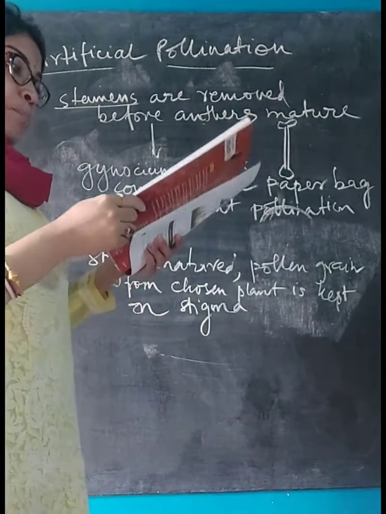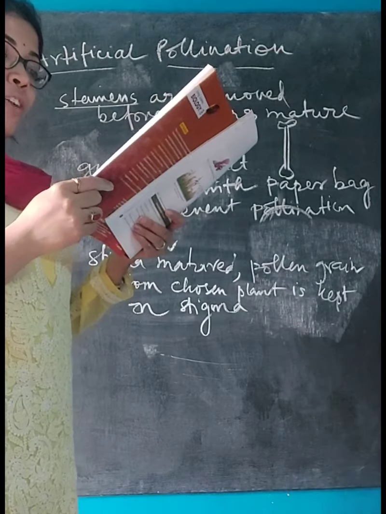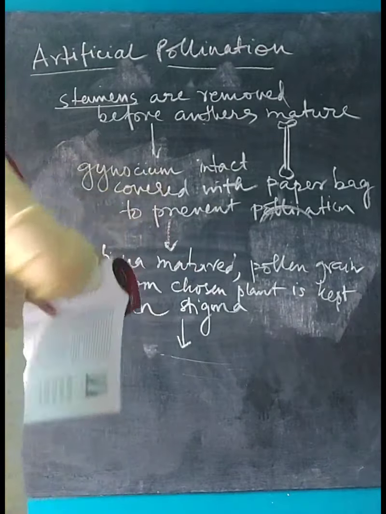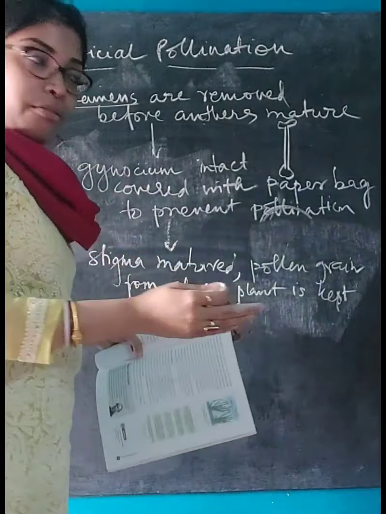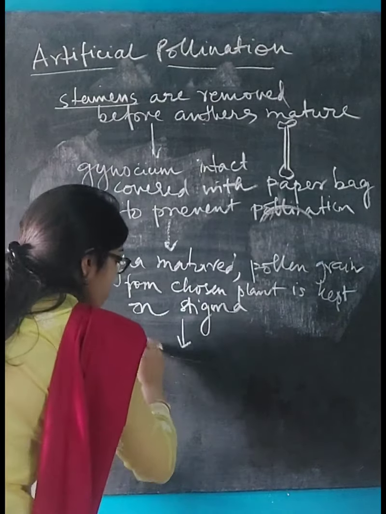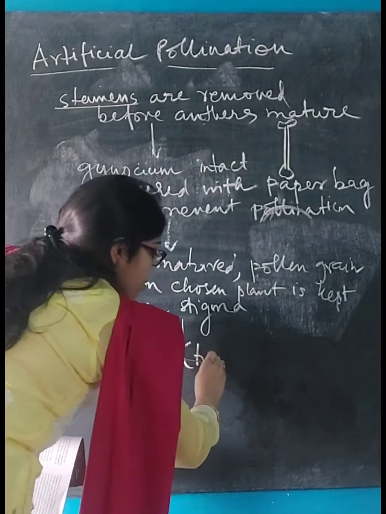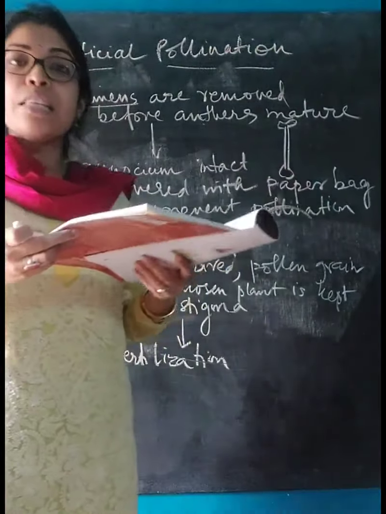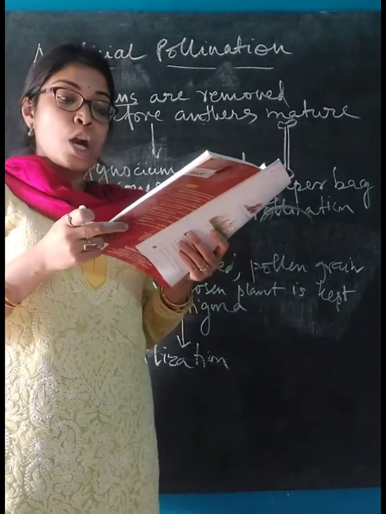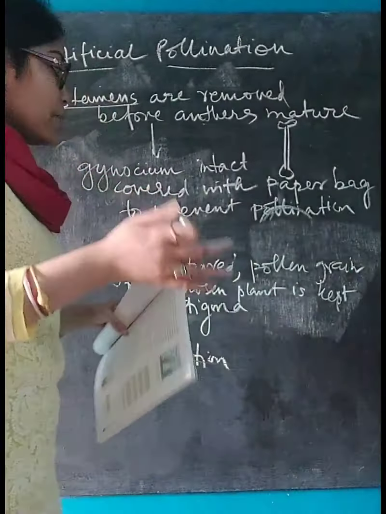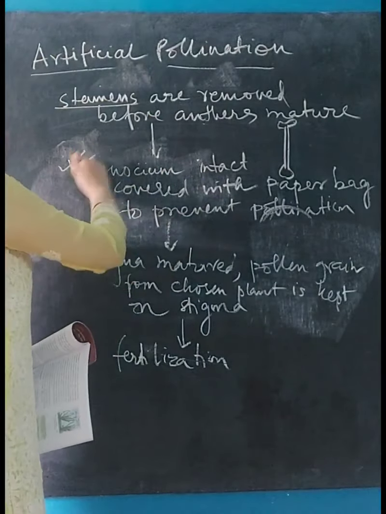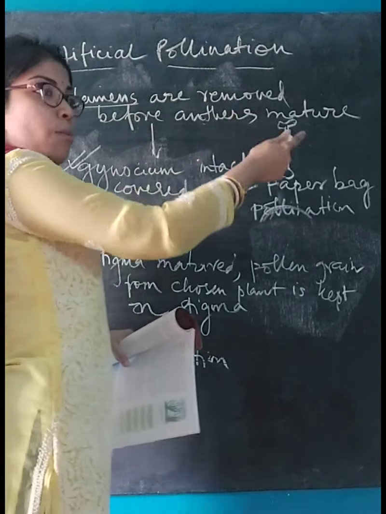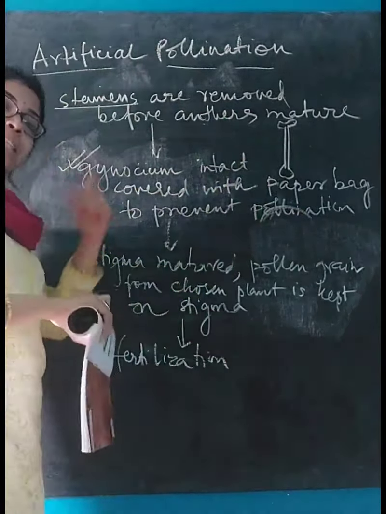Okay, the seeds produced after artificial pollination give rise to a new hybrid variety. So here what will happen? Fertilization will take place in its natural way, and seeds will be produced, and these seeds will be of a hybrid variety, which is generally better than the parent plants. Who are the parent plants here? This gynoecium with this plant is one parent, and the other plant from which the pollen grain has been taken is the other parent.